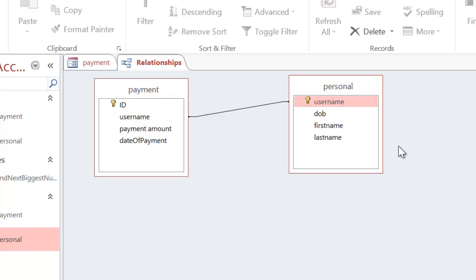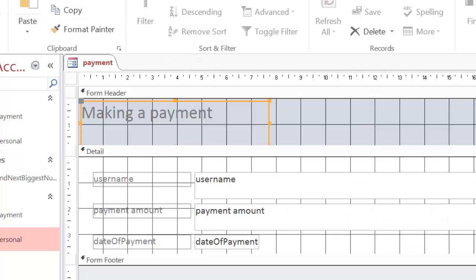The username essentially is my key which I'm going to be using. In the personal table it is my primary key, so every person in that table will have a unique username. And because a person can make many payments, the username is on the payment table as well in the form of a foreign key. So I'm going to close my relationship down and save the changes,